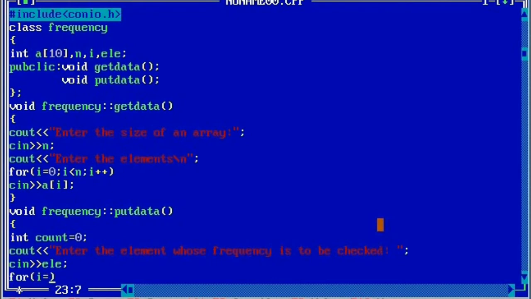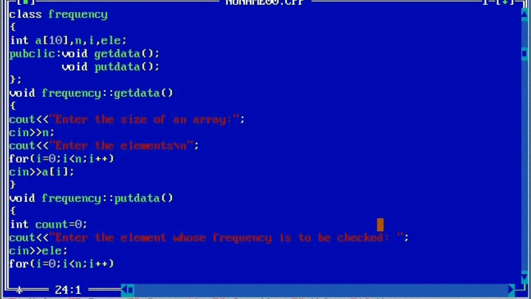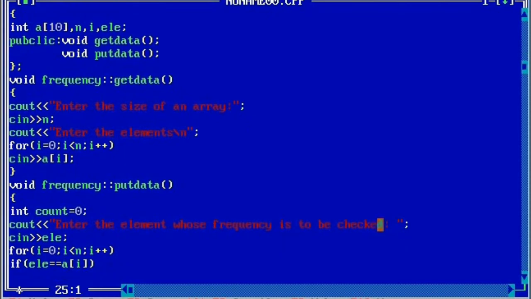Here we'll write i is equal to 0, i is less than n, i plus plus. Now we'll write if condition. Here we'll write element double equal to, that is one of the relational operators. We are going to compare the element value with array of i. Now we'll go for incrementing the count, so that is count plus plus.